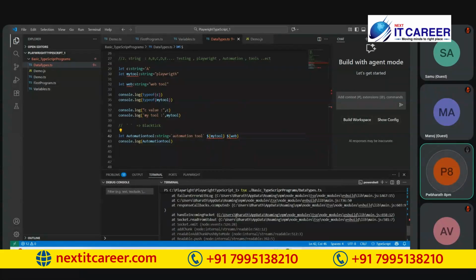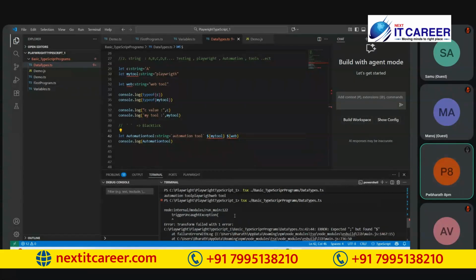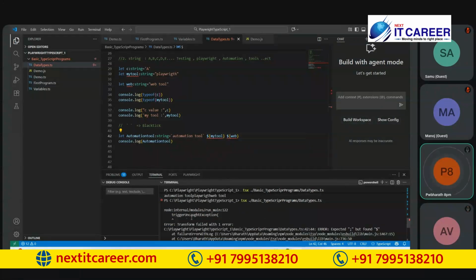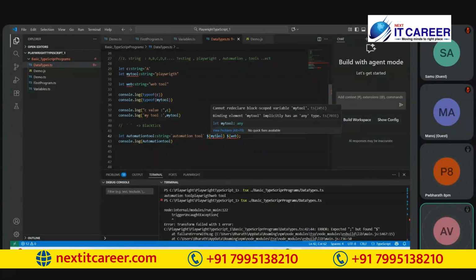here we are getting some error. What is the error? Triggered uncaught exception. Are you people able to understand? Yes, Bharat. So why are we getting the uncaught exception? Maybe a comma is required, I think. See, already from the beginning here we are putting the backtick, right? So this is the string I am expecting as my output, and also after this we have to define like this. And there is one error.